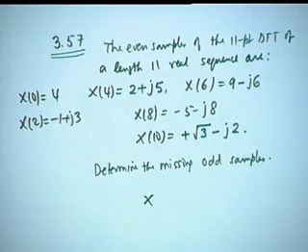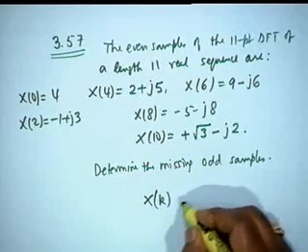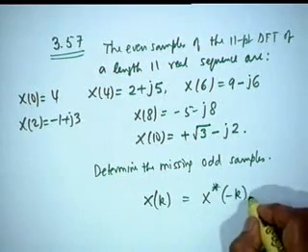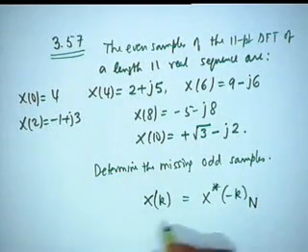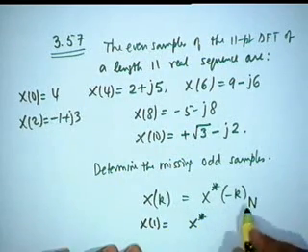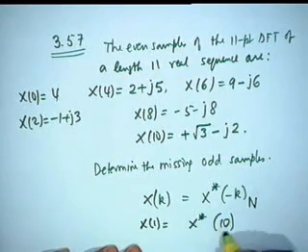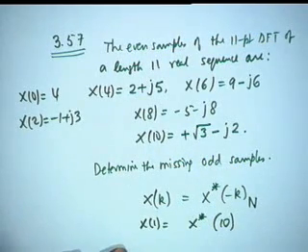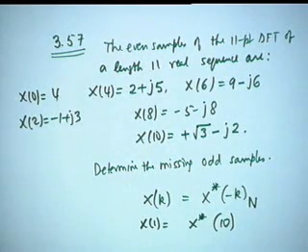Whereas we know that for a real sequence, now these tables come into effect. For a real sequence, Xk is X star of minus k modulo n. So X of 1, for example, would be X star of 10, and X of 10 I know, so X star of 10 would be root 3 plus j2. This is where use of the tables comes. Otherwise, if you want to do it mechanically, as I said, you will make